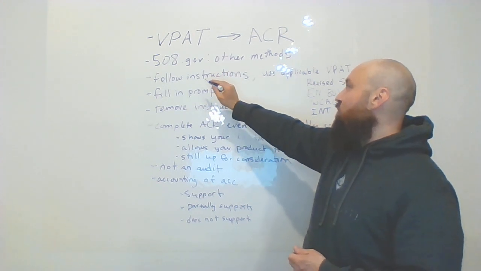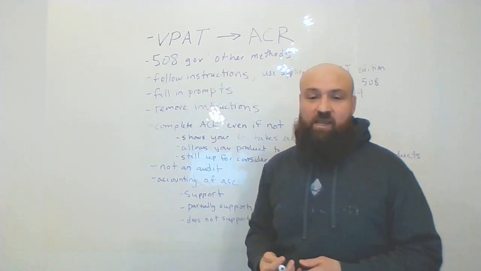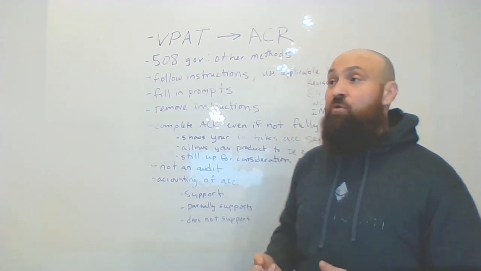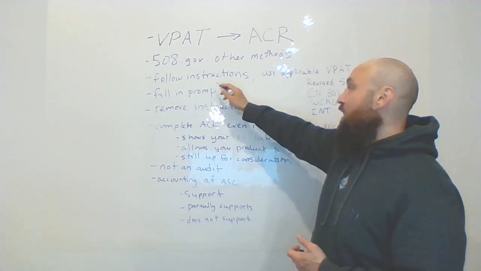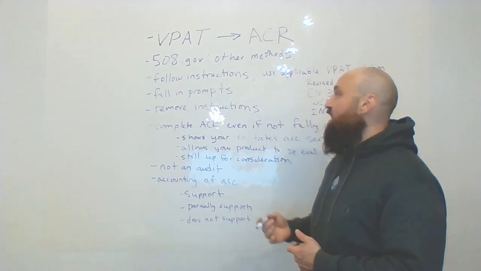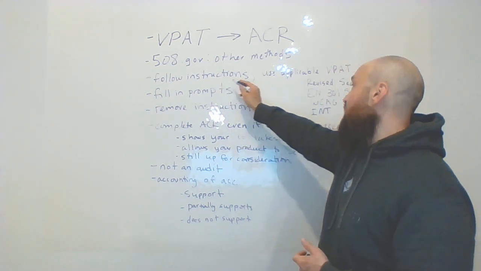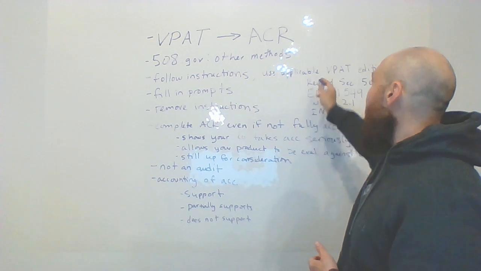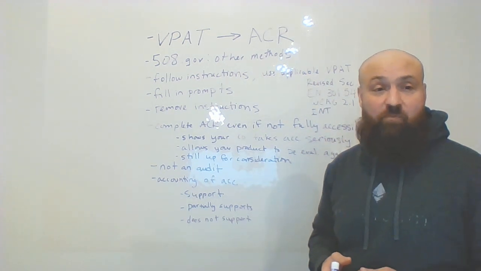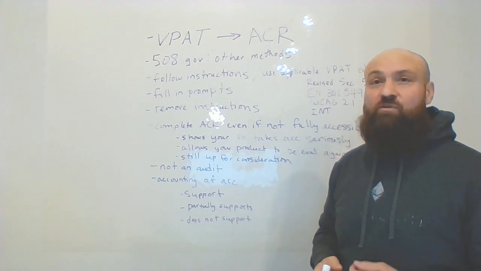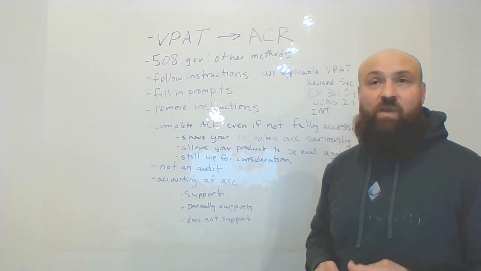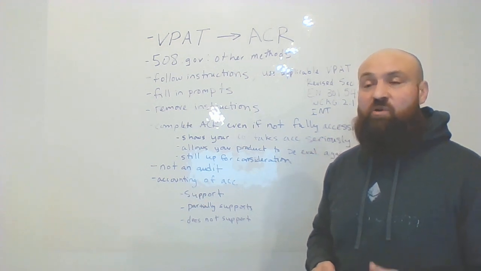formation. So the VPAT is a construct of the Information Technology Industry Council, and you do have to follow their requirements when filling out the VPAT. So make sure to read the instructions and follow those instructions. Also, make sure to use the applicable VPAT edition. There are different editions of VPAT, and it's very important that you use the right one, because if you use the wrong one, you may not use the right standards, or you may not submit the right Accessibility Conformance Report